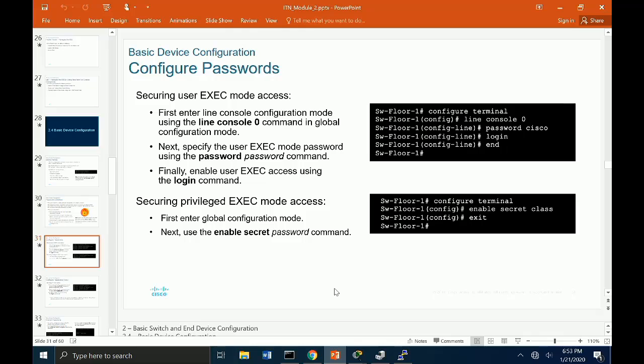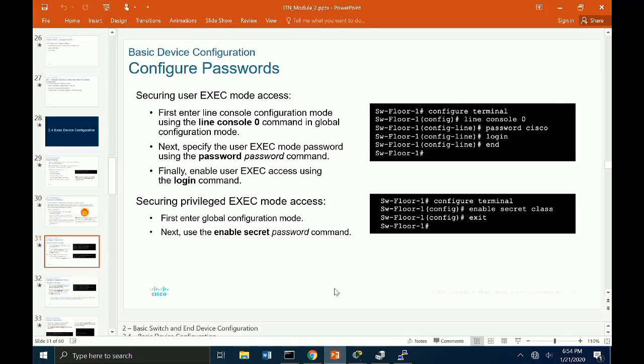So in the closet, what port did we plug into for management access? The console port. Okay, so when they say line console 0, they oftentimes start numbering ports with the number 0 instead of 1. There is only one console port on the device, and they number it 0. They set a password on it, and that can be different than the one we use for the secret password,